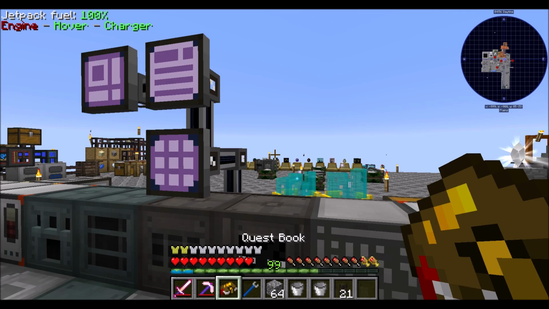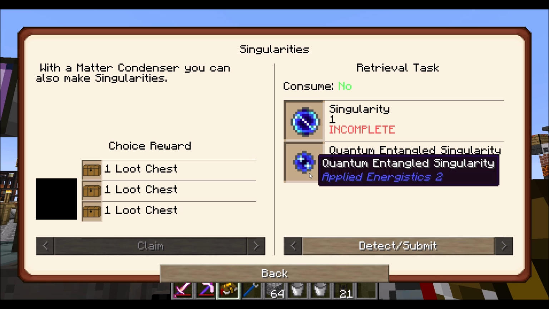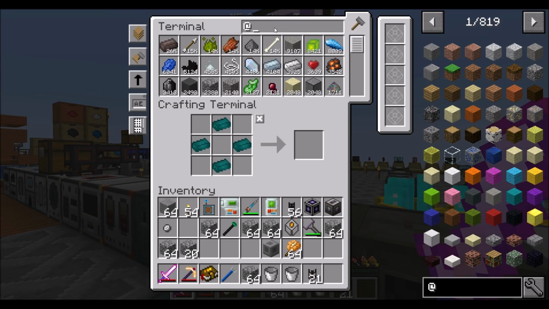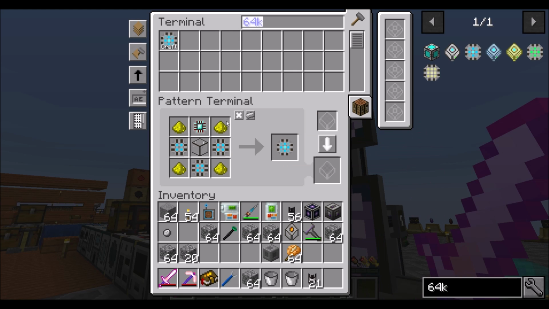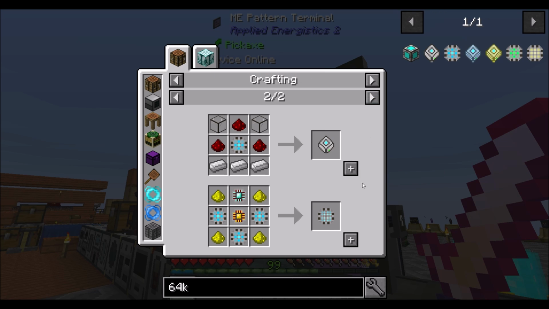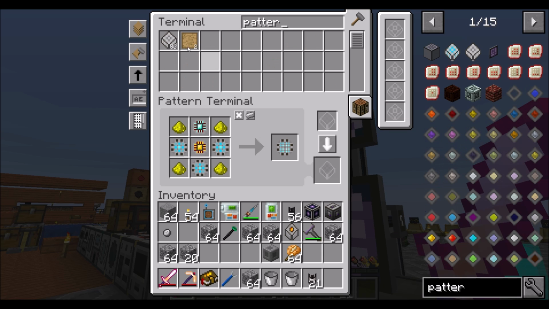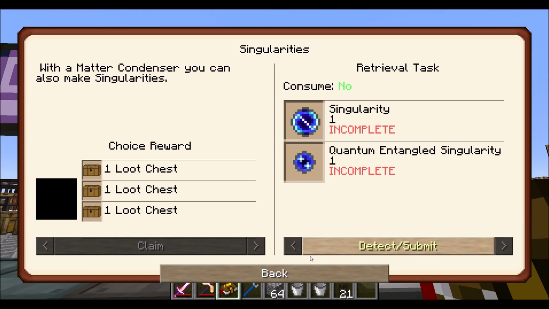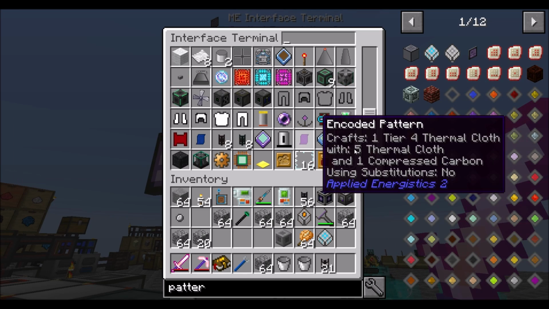So we'll let that run for a bit, and let's just check the quest book. So the only other thing we need now is a singularity to quantum entangle, right? And once we have those guys, then we create our quantum rings, and then this quest chapter should be done with regards to what we're worried about here, which is those 2 chapters. I guess what I could also do, if we're just feeling shenaniganry about it, is get a 256K ME storage component. For that, we're going to need some patterns. Yay, we have some. So if I do that, isn't that what the next quest chapter is all about? 256K storage cell? Cool, so if I put you in there...